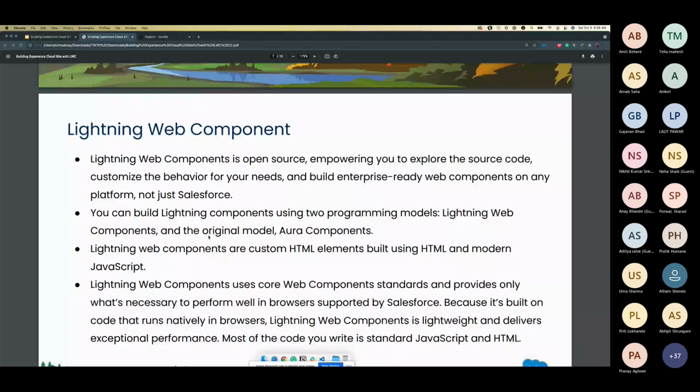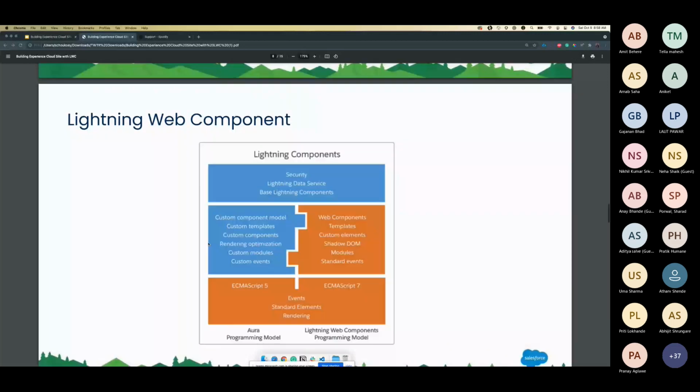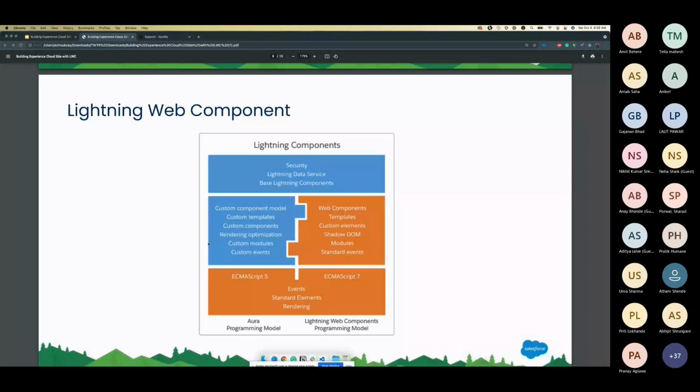Quickly, the Lightning component structure. There are two things: your web component and the Aura component. The whole security, Lightning Data Service, and all the basic Lightning components will be available by default, and then you have the custom level component. On the left hand side, you can see the standard Salesforce based stack. The Aura component has a custom component model, many files, custom templates, custom components, and rendering optimization.